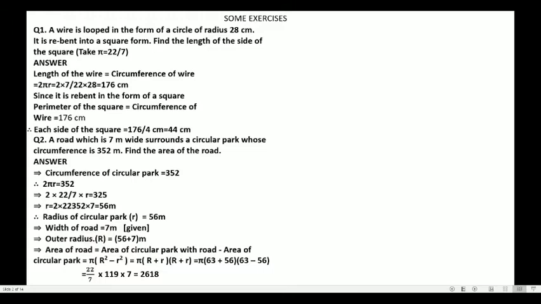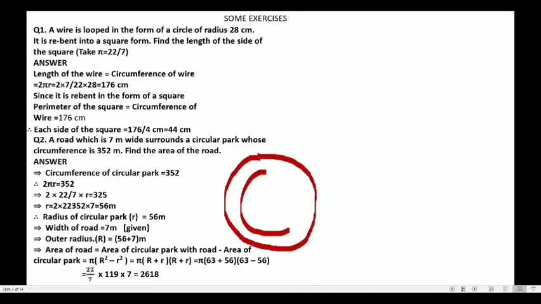by making a picture here. This is a road. I have not taken the thickness. Let this be the thickness of the road. The shaded portion is the road, and in between there is a park. This road surrounds a park, and all these lines which I am drawing here are exactly the road. The shaded portion is the road, and we have to find the area of the road.